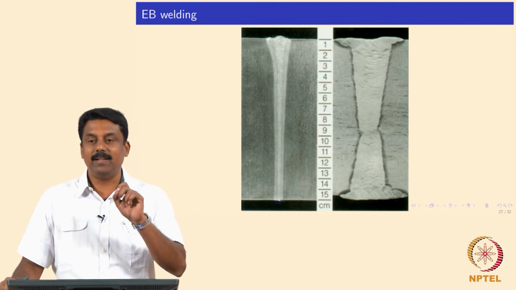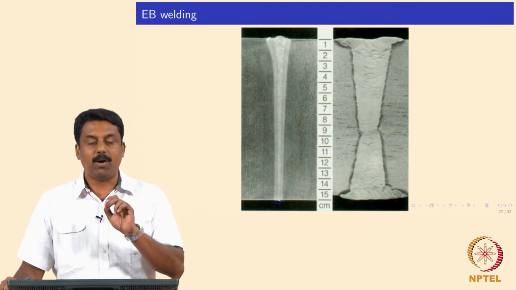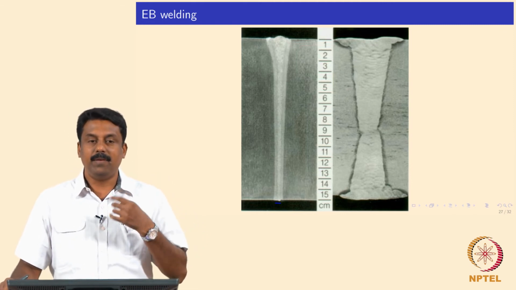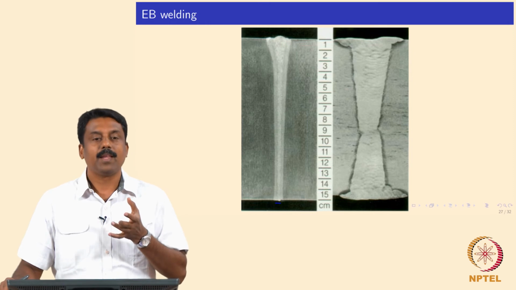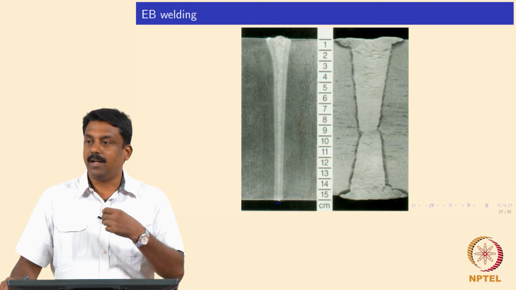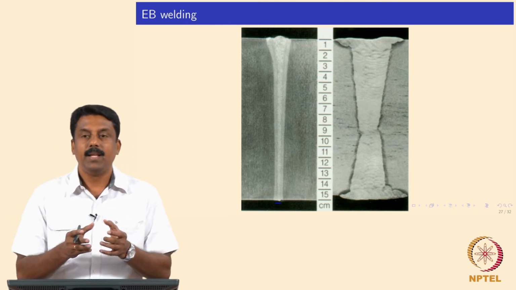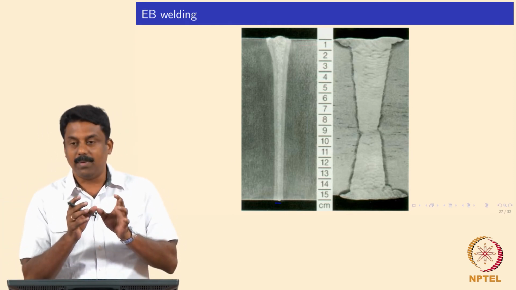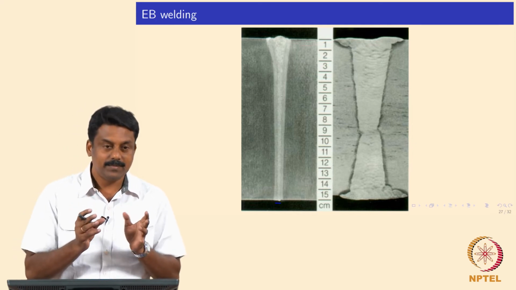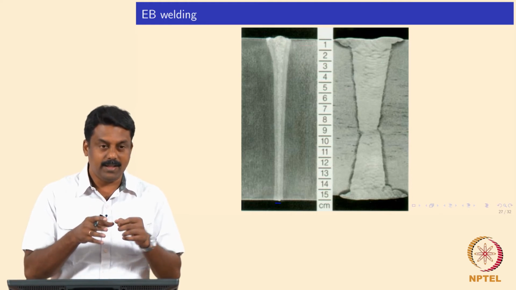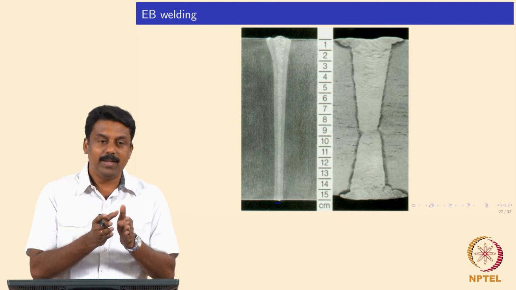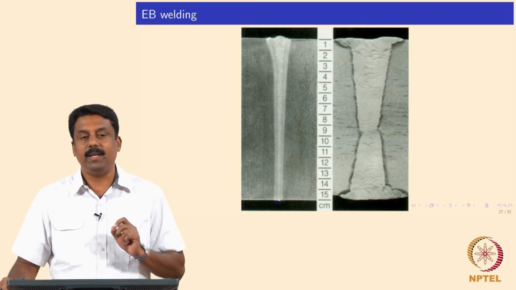If you look at an electron beam welded joint, always at the top position you see a hole. Okay, so that is why we need to have a proper start and stop control, so that the keyhole at the end can be filled by the surface tension of the molten pool. So, we will have to make sure that at the last stage of the welding, you reduce the current or the power in such a way that you do not form a full keyhole, you just melt or superheat the liquid in such a way that the liquid can fill the keyhole which is formed by the high power beam.